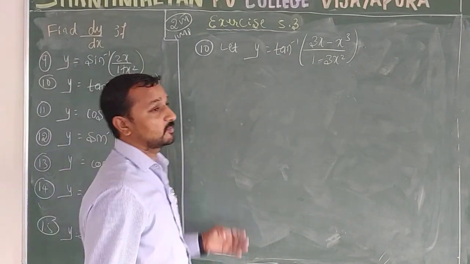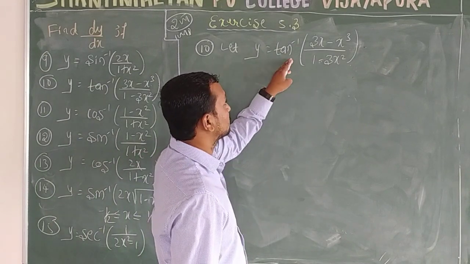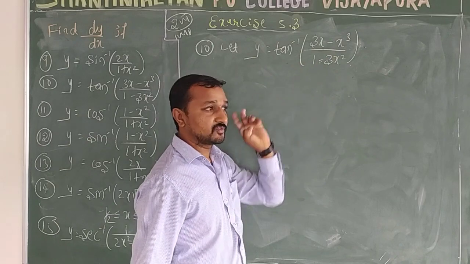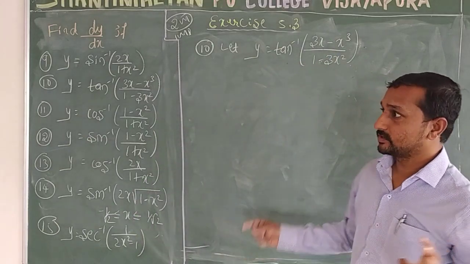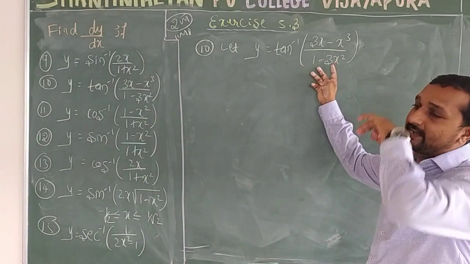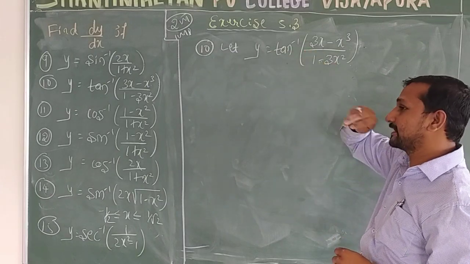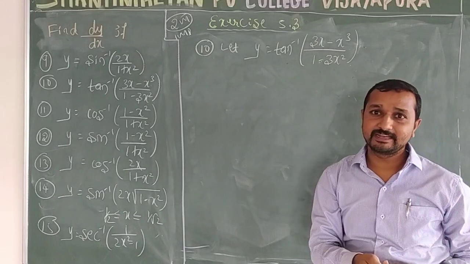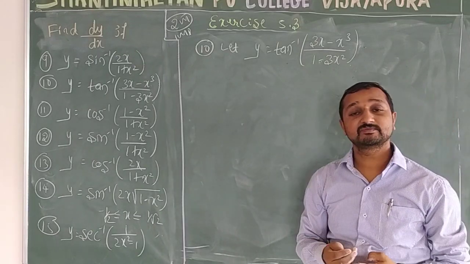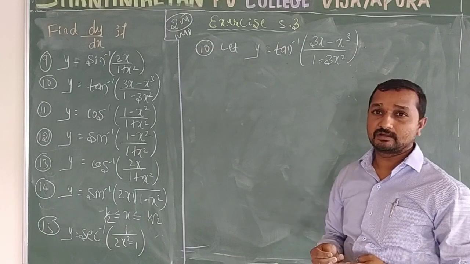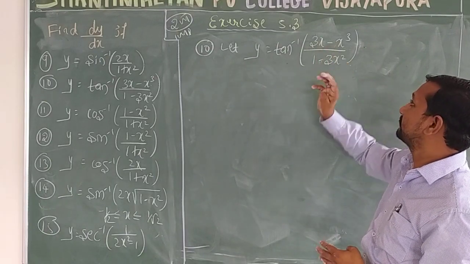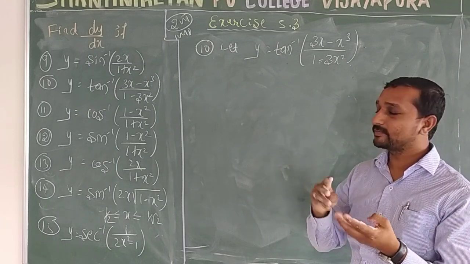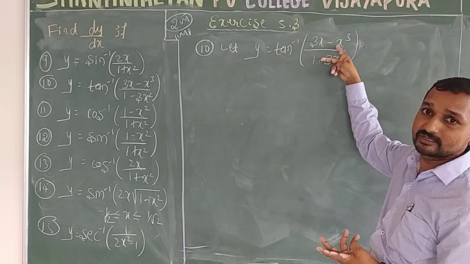Students, this is also an example, that is y equal to tan inverse of 3x minus x cube divided by 1 minus 3x square. So first remember that in the bracket we get a tan function, because tan inverse and tan get cancelled. What is the formula for tan? So tan 2 theta or tan 3 theta or tan of a plus b formula. Here it is not the tan 2 theta formula. What is the formula for tan 2 theta? Same, 2 tan theta divided by 1 minus tan square theta. So this is obviously not the term.